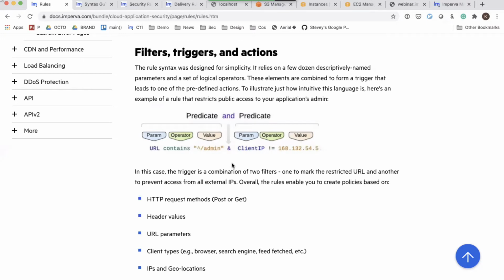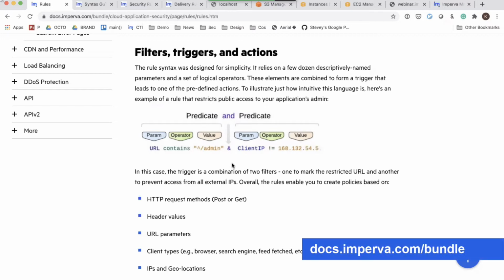This is a really fun one. Sometimes you have applications that you've deployed, and maybe you want a specific scheduler that's always running that says between this hour and this hour, I always want to forward my request somewhere else. So we'll actually dive into all of these things in today's presentation. Now, again, there's lots of goodness here. I highly recommend that you check out the docs.imperva. We'll make sure that we post this afterwards.